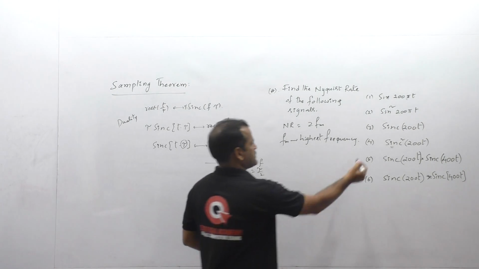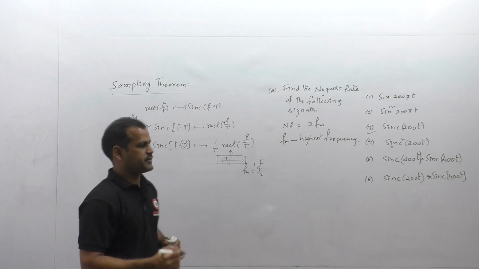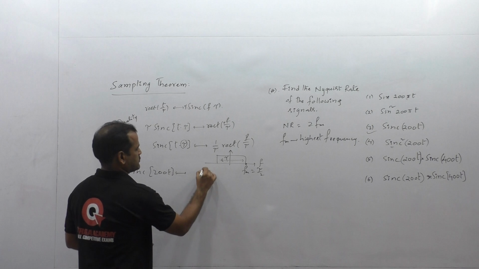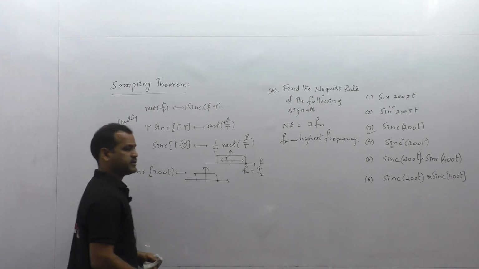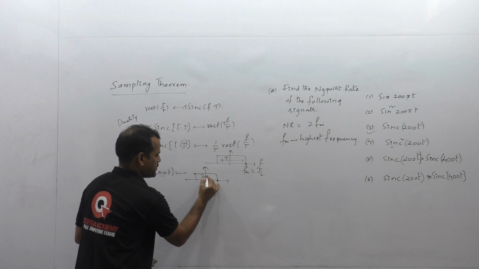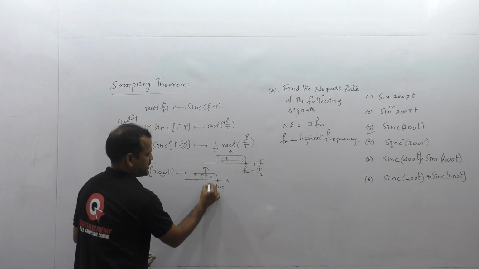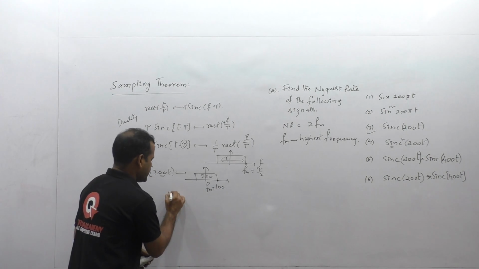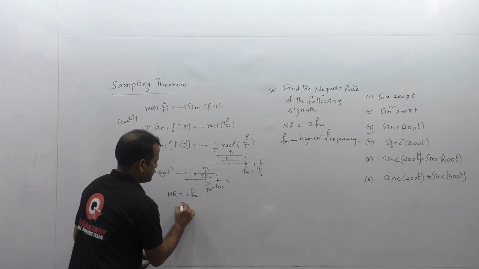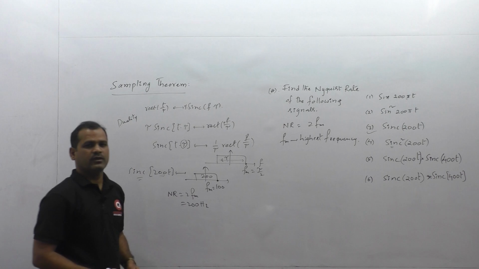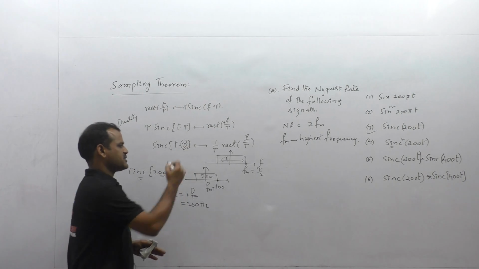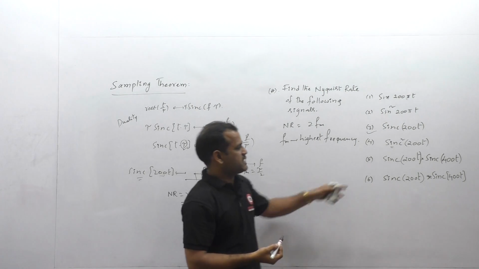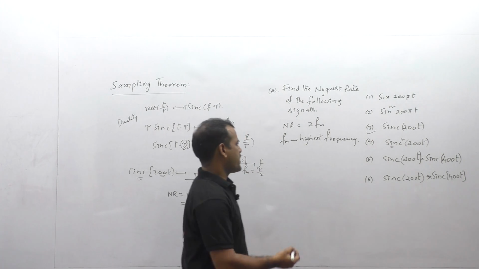So if we consider the function sinc 200t, its Fourier transform has the highest frequency component as follows. Observe that 200 is there, and this should be the width of the function, and hence 100 should be the highest frequency component available in this sinc function. We can take the Nyquist rate as 2FM, which is 200 Hz. We can observe in the sinc function that whatever constant is multiplied with t is nothing but the Nyquist rate for that signal. Similarly, we can find for sinc square 200t, and here we can observe one point.